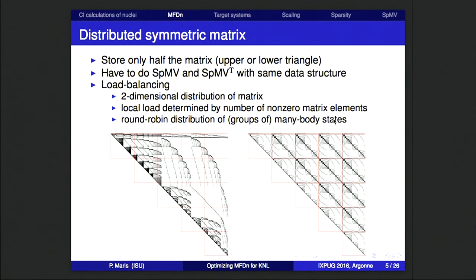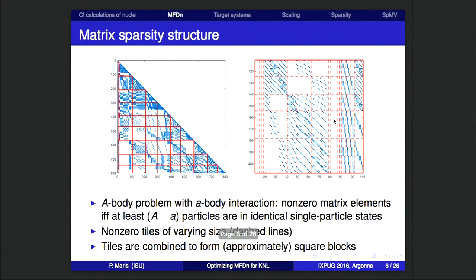The price we pay is that it's rather difficult to find the non-zeros here compared to here. So there is a price we pay. We do have a reasonably efficient method to deal with that. A little closer look at the sparsity structure that we get. If we have an A-body bound state problem, a many-body problem with a few-body interaction, then we only get non-zero matrix elements if